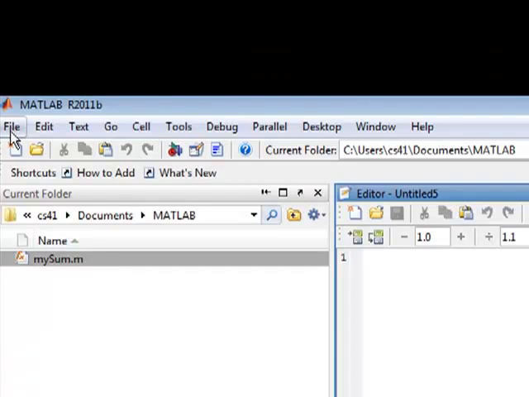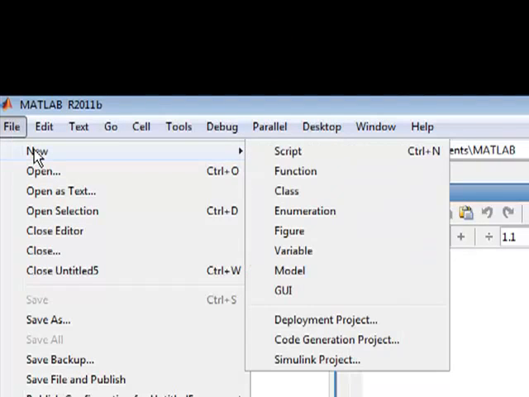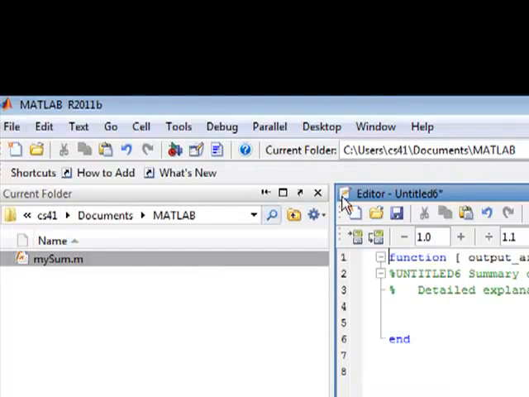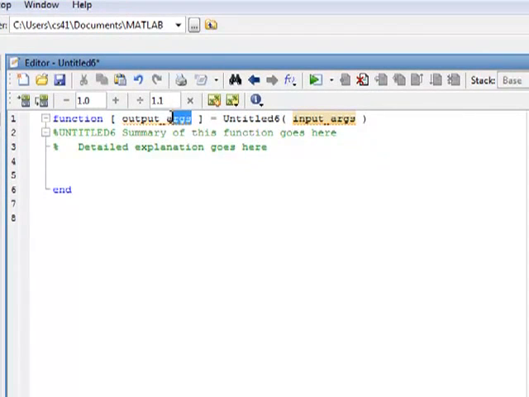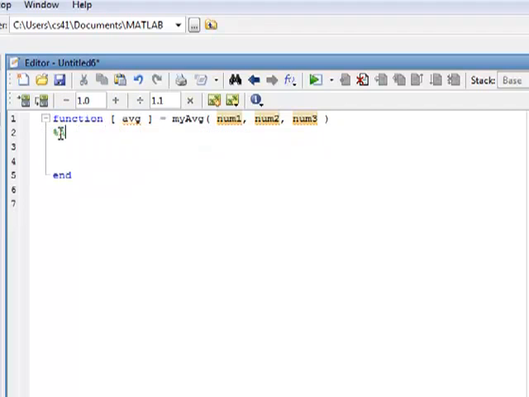Okay, so first of all, to create a function, I go to File, New, Function, and notice it gives me a template here, as it did in Lesson 0. I'm going to have it return the variable AVG, and I'm going to call it myAVG. That's the name of my function, and it's going to take in 3 numbers, so num1, num2, and num3 go there. Just a brief description, I'll put averages